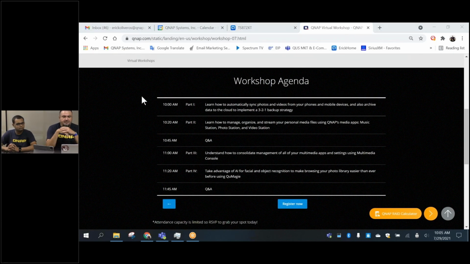We'll be talking about how to automatically synchronize your photos and videos from your phone or mobile devices. Then we'll get into a 3-2-1 backup strategy for your photos and videos. Part 2, we'll be talking about how to manage, organize, and stream all of your personal media using QNAP's